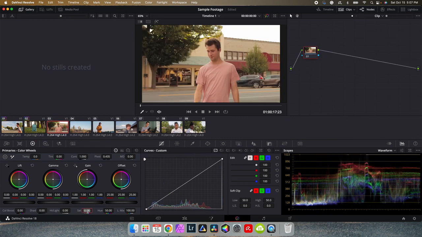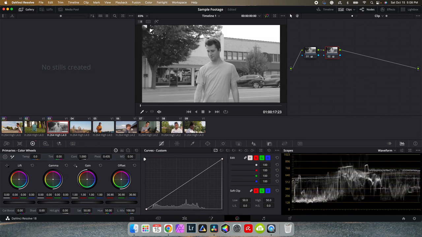And we can go ahead and move on to our next clip. So for this one, we're going to go ahead and desaturate the first node just like last time. And I'm liking the exposure and contrast that we're seeing here. I think the exposure is spot on. At this point, all we need to do is really look at our contrast. We can see all of our information is sitting somewhere here in the middle and a little bit toward the bottom. So we're going to create a new node,